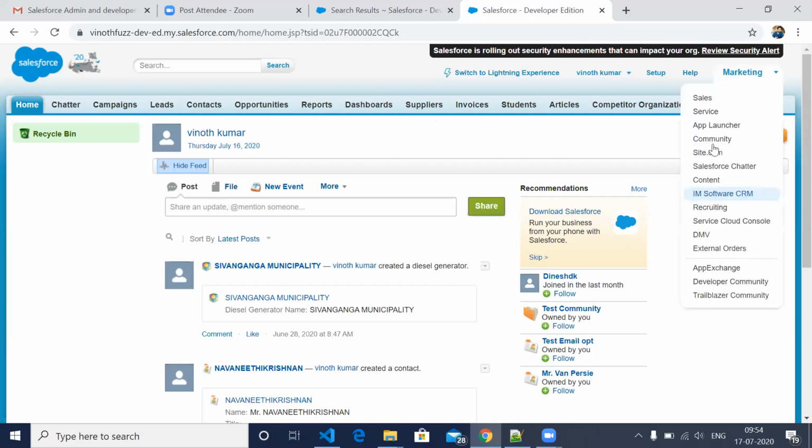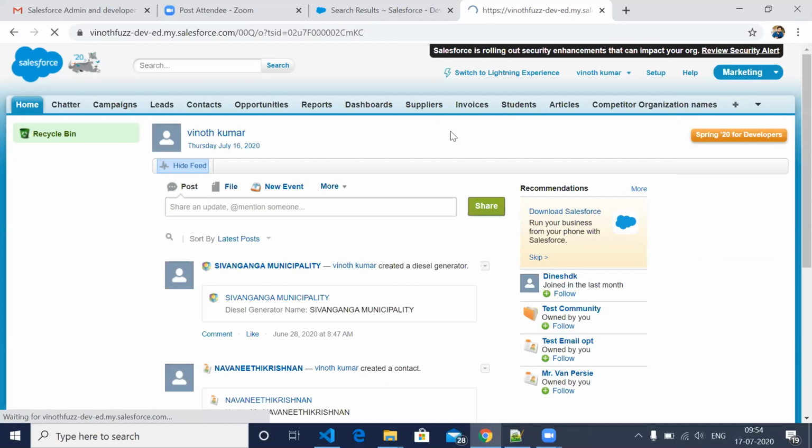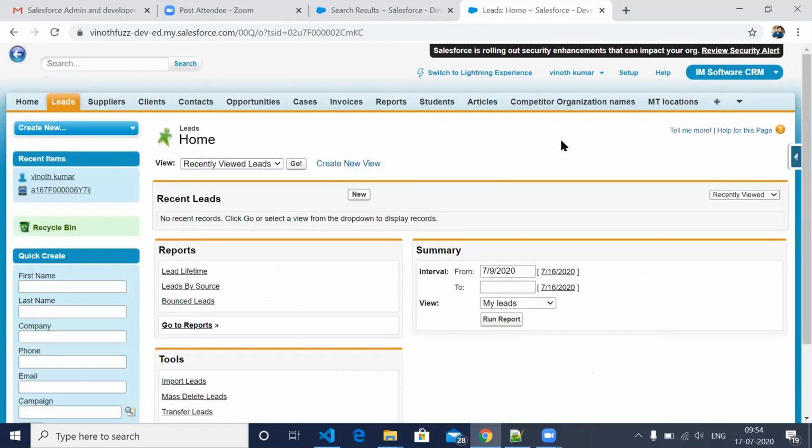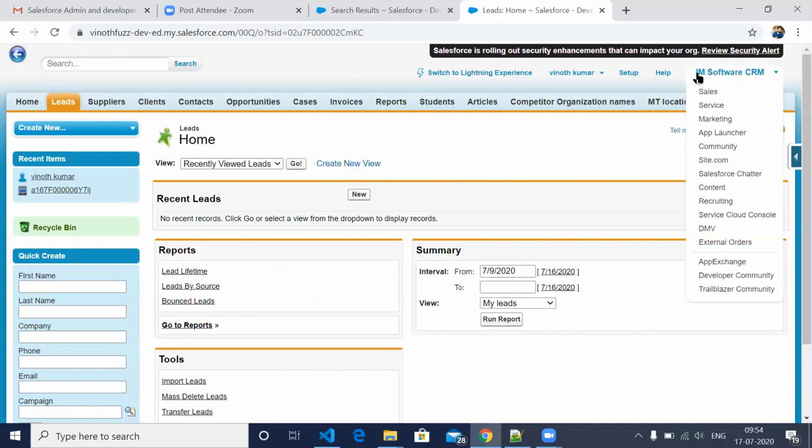This is a custom application which was created by me. I can add whatever I want, students, articles, and everything. Everything here I just created. So you can also create an application like this. Once you know the things, you can create your own application here, place it here, and use it for your own purpose.